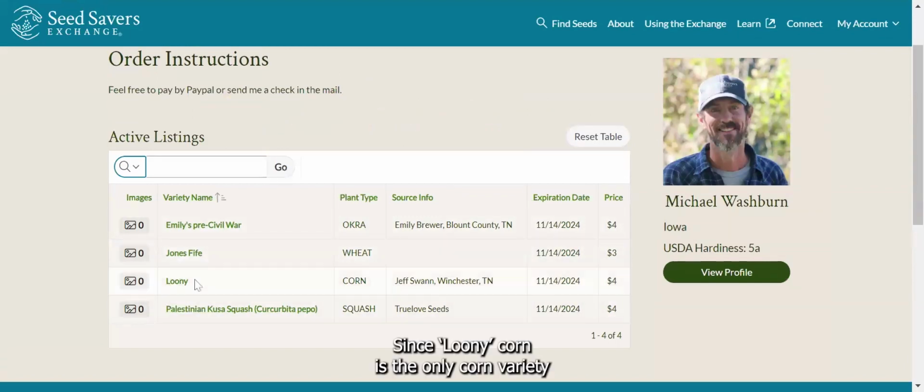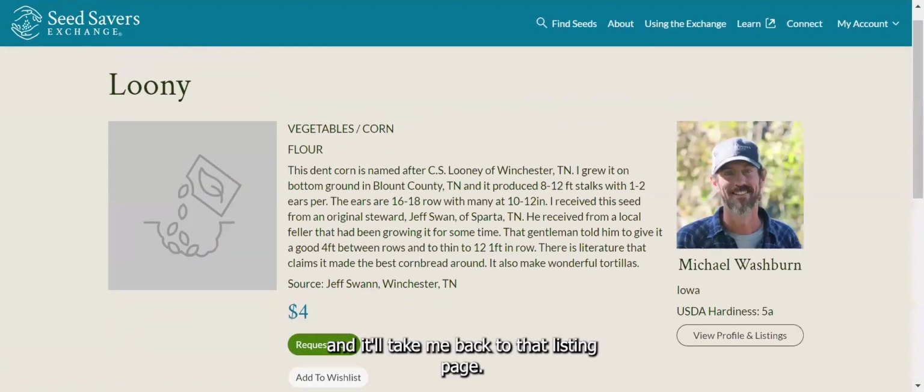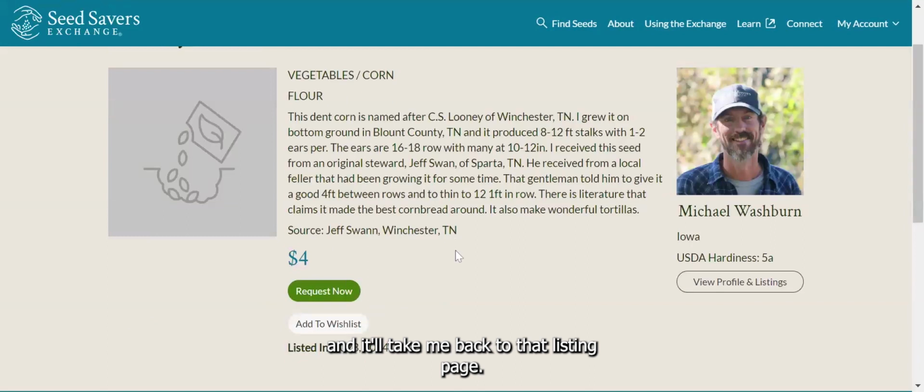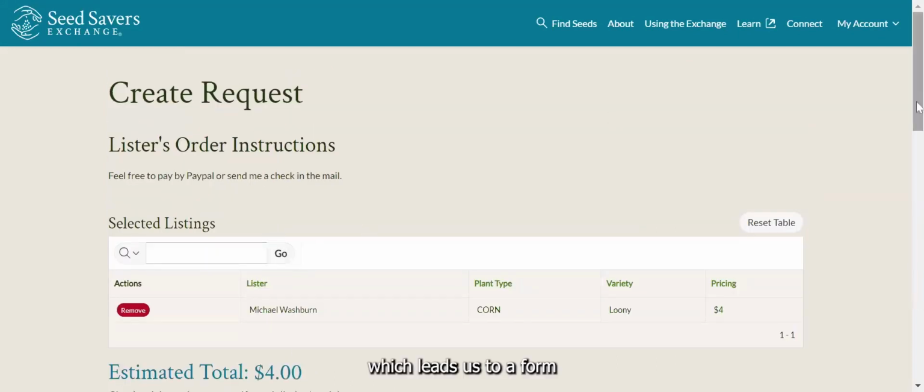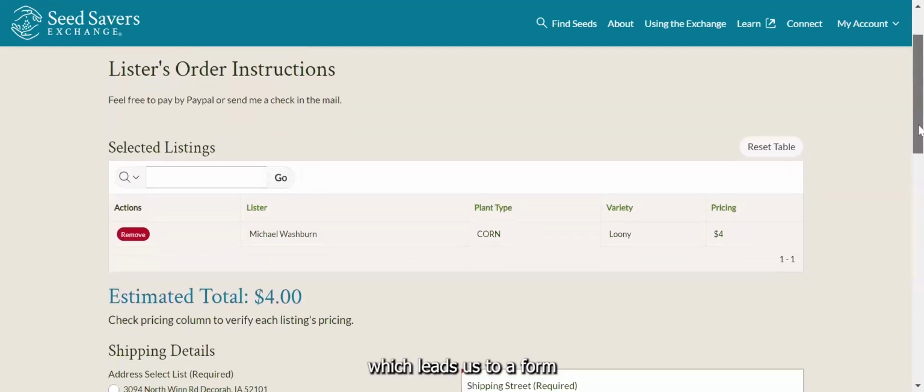Since loony corn is the only corn variety that I'm interested in at the moment, I'll click on that again, and it'll take me back to that listing page. Here I have the option to either request it right now, or if I want to continue browsing, I can just add it to my wish list where I'll return to it later. In this case, I'll request now, which leads us to a form that details, again, the lister's specific order instructions,